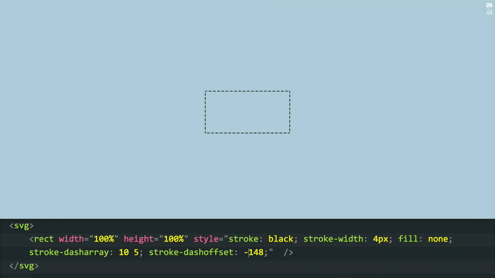Let me show you how this works. So if I have 0 here, I get this result. My dash is 10 and my gap is 5, so together they're 15. If I put minus 15 here, I get exactly the same visual result because I've done one iteration. It has moved by one dash and one gap. Same with plus 15. Any multiple of 15 works. So I'm going to take advantage of this